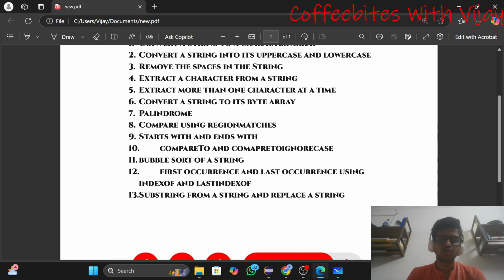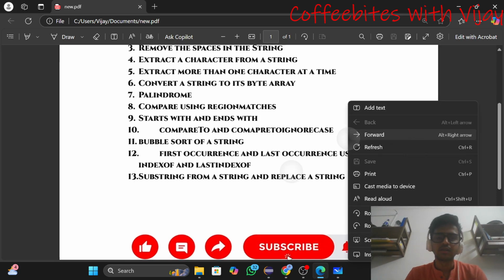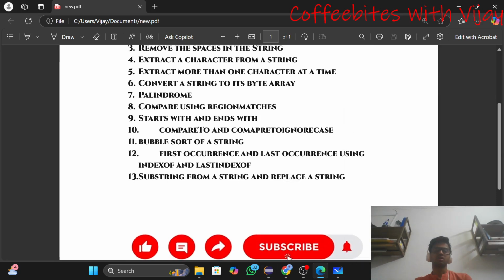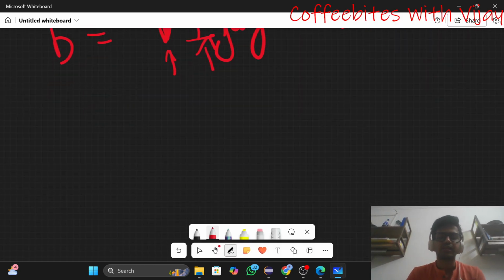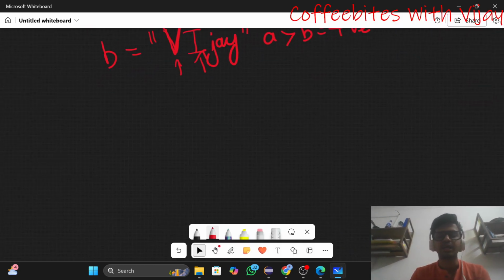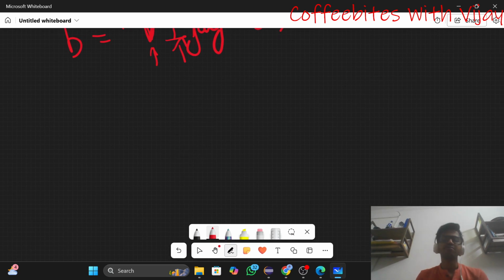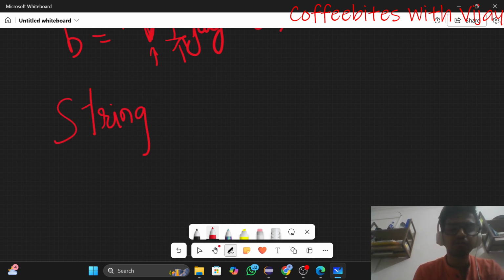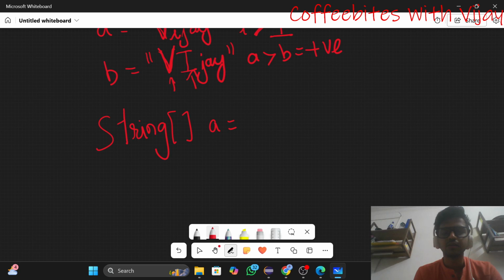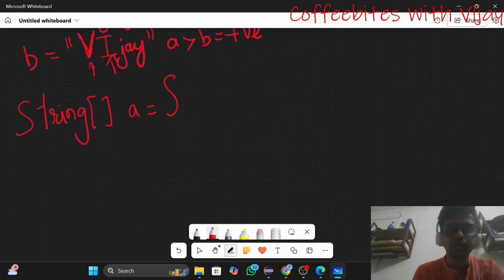So now let's go to the next question, that is bubble sort of a string. Guys, what is this bubble sort? Let's analyze this on the board, because this is a very deep concept to understand. Guys, imagine I have been given a string array. For example, string array a equal to, and now I have been given a string array that is Vijay,